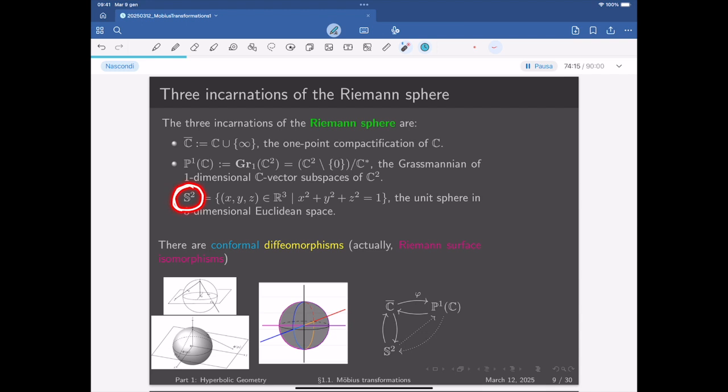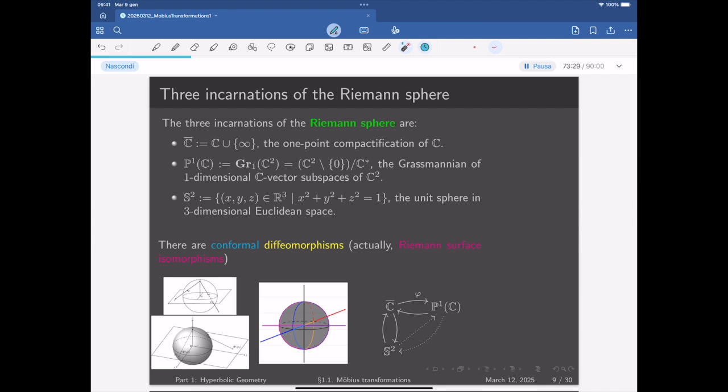Yeah, and the most visual one, the unit sphere in Euclidean space. And then, of course, these are three models of the same Riemann surface, so there are transformations between them. Actually, conformal diffeomorphisms, or better said, just Riemann surface isomorphisms. Of course, right now I have not told you what their complex atlases are,